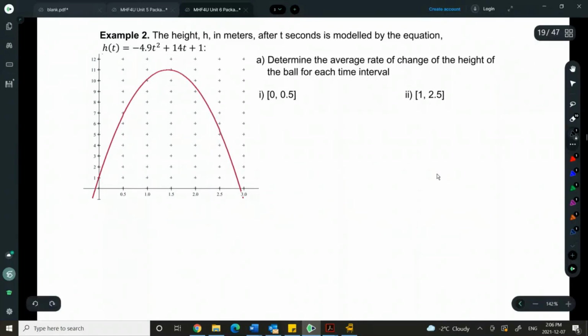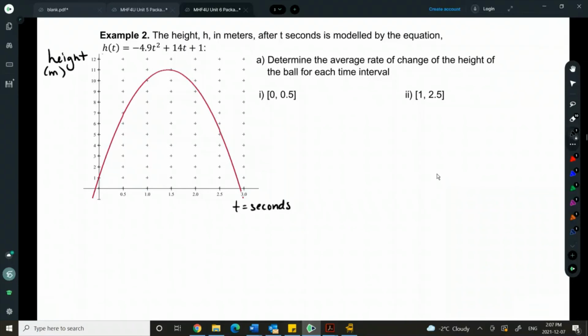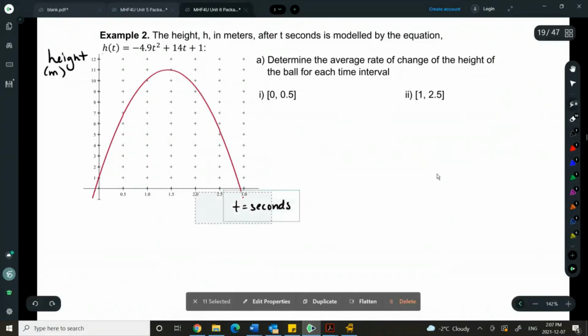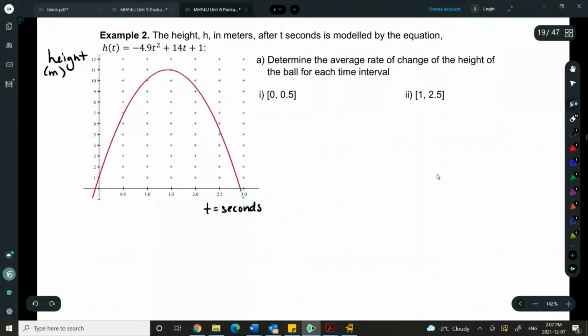All right, another quadratic that has variable rates here. So the height h in meters, this is the height right here, t seconds, so this is time in seconds, is modeled by our equation h at t, and here's our graph right here. Determine the average rate of change of height of the ball for each time interval. So I'm finding how the height is changing with respect to time